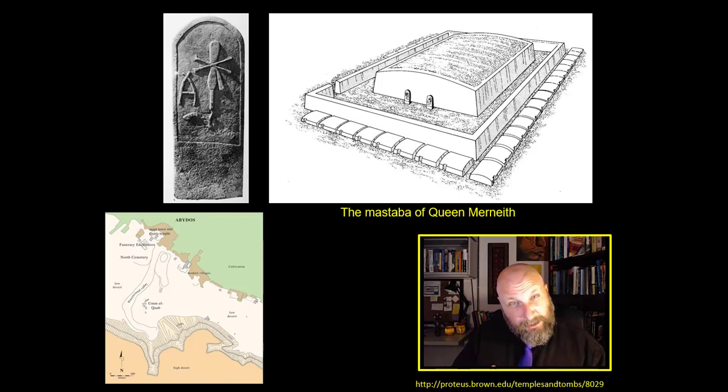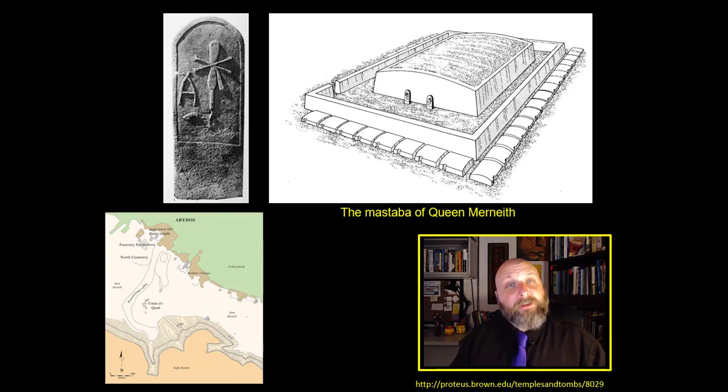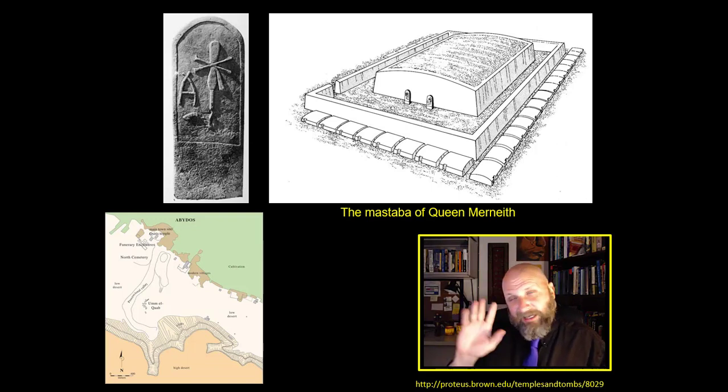Sometimes there's rooms inside the mastabas with a series of prayers and funerary incantations that can be made over the grave or over the tomb of the individual. And all of that eventually becomes known as the Egyptian Book of the Dead, but that's another story. So, the size and degree of elaboration of your mastaba is a direct correlation to your status in society.